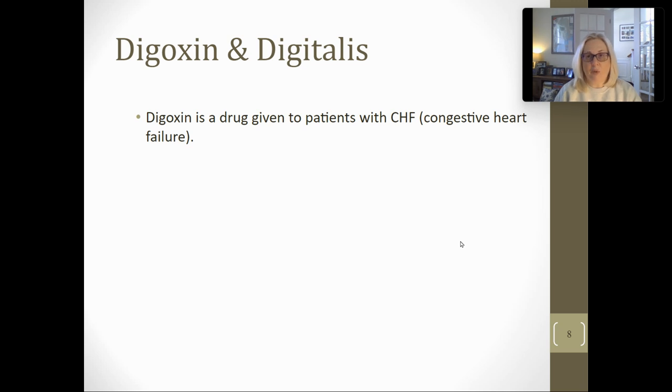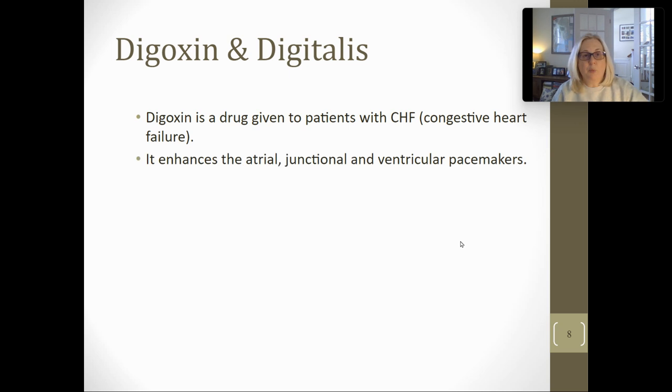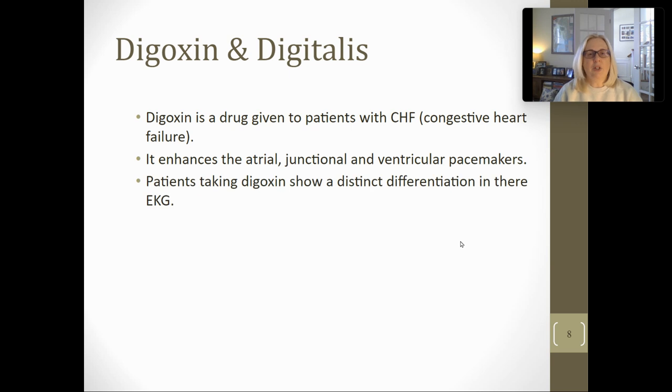Okay, so they need some help, and digoxin is one of those medications that helps with the atrial pacemakers, the ventricular pacemakers, just keeps the heartbeat going. It's kind of having a hard time doing it on its own, so this just keeps it going. Okay, so with patients that take digoxin, it can change their EKG to look like and act like